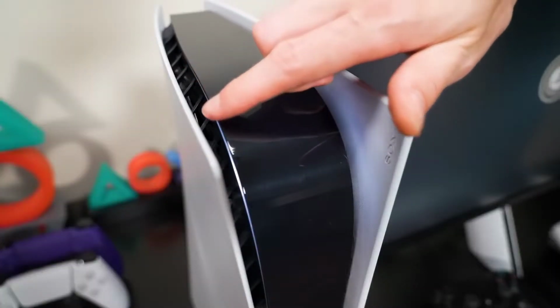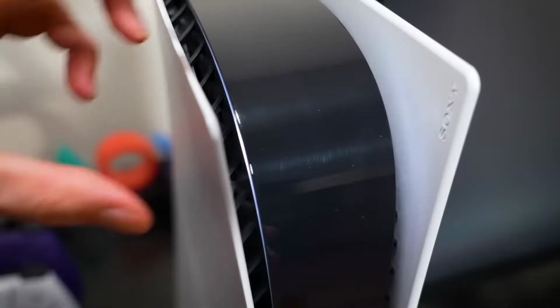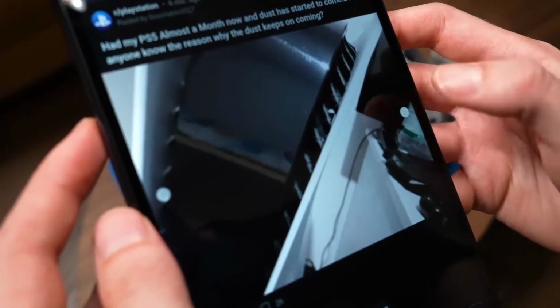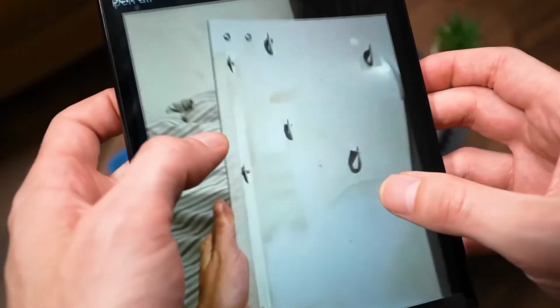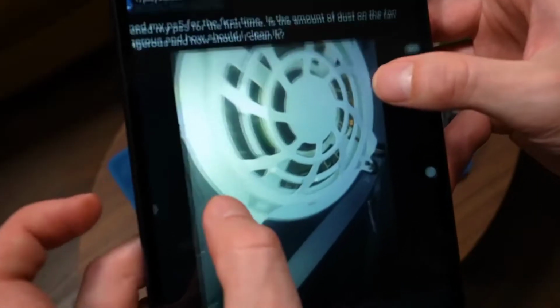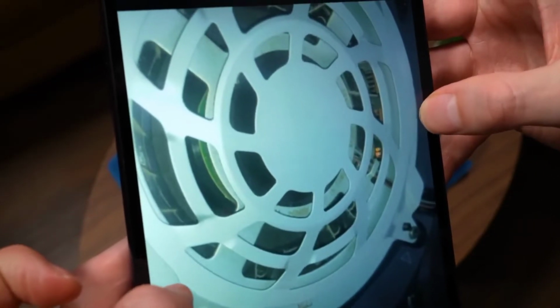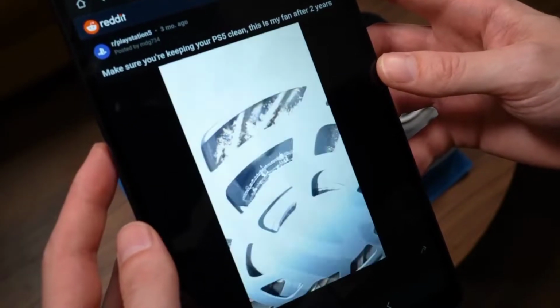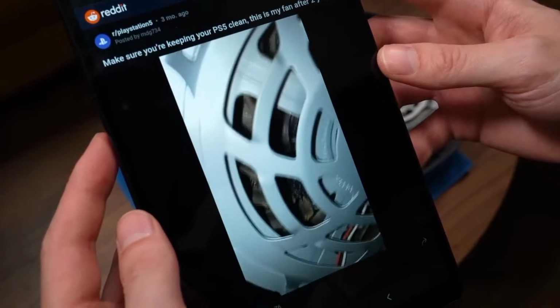This video is going to show you why it is very important to check your PS5 for dust buildup inside the system. I recently came across a few posts on Reddit from users who have owned a PS5 since launch, but since then have never taken the time to fully open the system or clean it in almost 2 years of ownership. It turns out that some users were completely shocked at what they found after just opening the